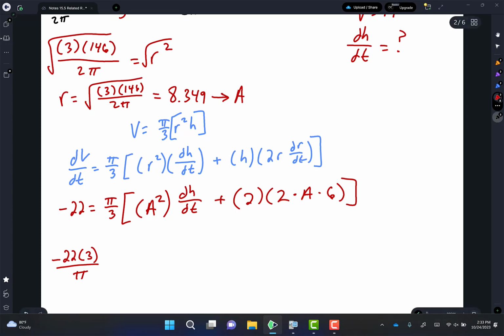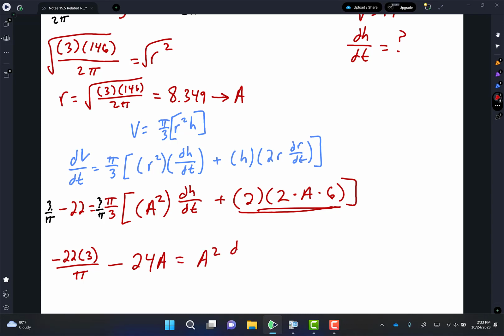That's because I'm doing this. I go times 3 over pi. Yeah, so times 3 over pi, in case you're wondering what I'm doing there. Equals, and then I'm just going to add this up right here. Well, actually, no, I'm going to subtract. You know what? Erase that equals. I'm going to write that: minus 2 times 2 is 4. 4 times 6 is 24. Did I do that right? 6 times 4, 24a equals